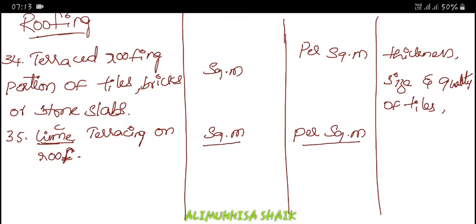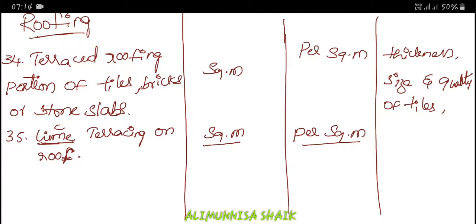Okay. When it comes to your mode of measurement, the proportion of mixing and average consolidated thickness shall be described. If special top surface finish is desired, this shall be paid separately in square meters. Insertion in parapet shall be accounted for brickwork in parapet. Madras terracing roofing shall include top and underside plaster finish. So, this is about the mode of measurement.